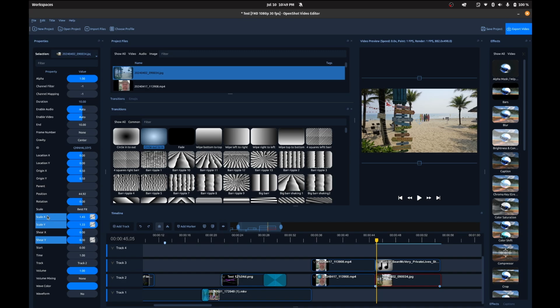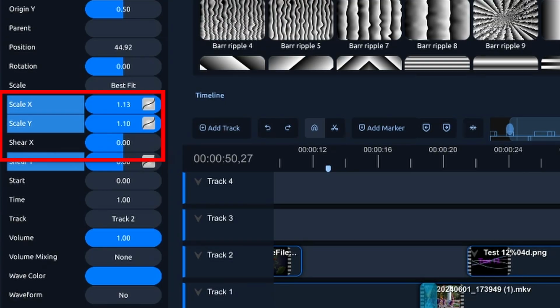So you can see over here on the properties tab on the left-hand side, it's almost like keyframes, but they're not keyframes. They're keeping some of the traditional editing lingo. They use slice instead of blade or cut. They don't have keyframes per se, but wherever you have the playhead and you adjust something, if you look over on the left-hand side, you can see